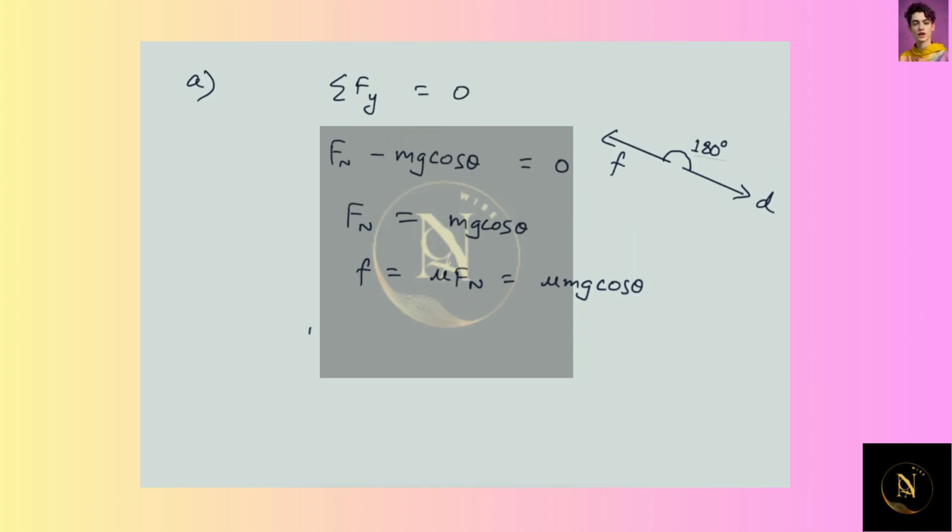So the work done by friction force is force times displacement times cos of the angle between force and displacement. Cos 180 is minus 1, so we get minus mu,